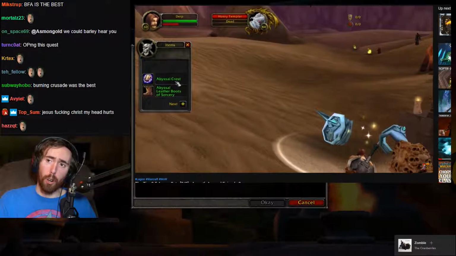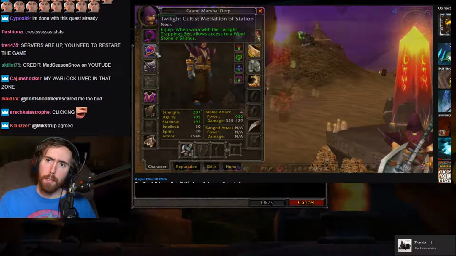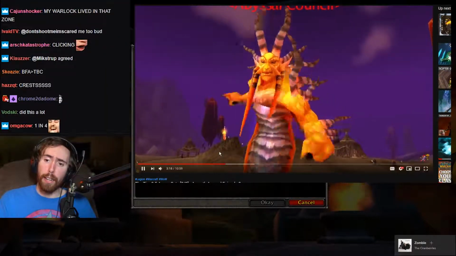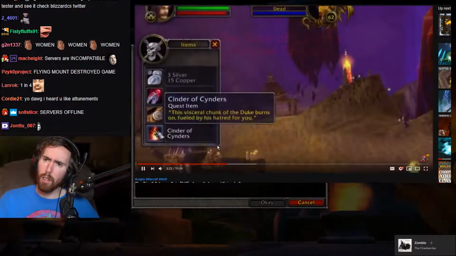Turning in the materials gave you the medallion, which gave you a 1 in 4 chance upon clicking the windstones of summoning the Duke of Cinders. These are like 10-man fights. If you're lucky enough to summon them, you kill them, get the Cinder of Cinders, and bring it back to...